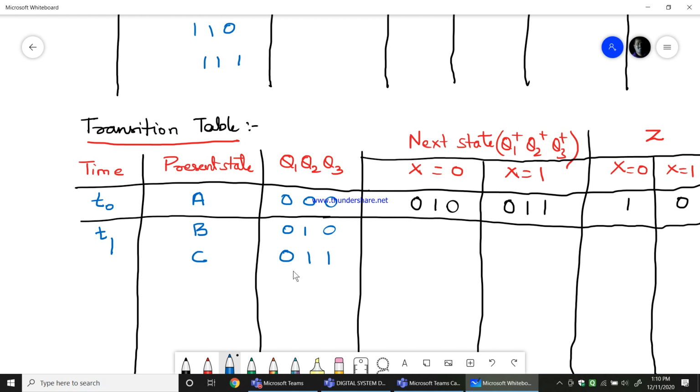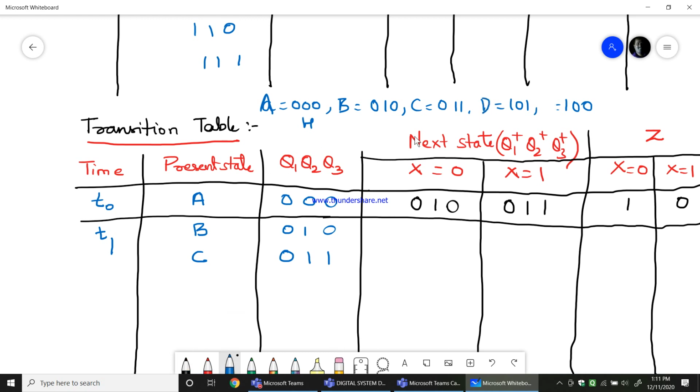In that way we can simplify it in a proper way. So I'll just write it here. I'll consider A as 0, 0, 0, B as 0, 1, 0, C as 0, 1, 1, D as 1, 0, 1, E as 1, 0, 0, H as, so all are capital which I have taken. This is assumed so the simplification would be easier.